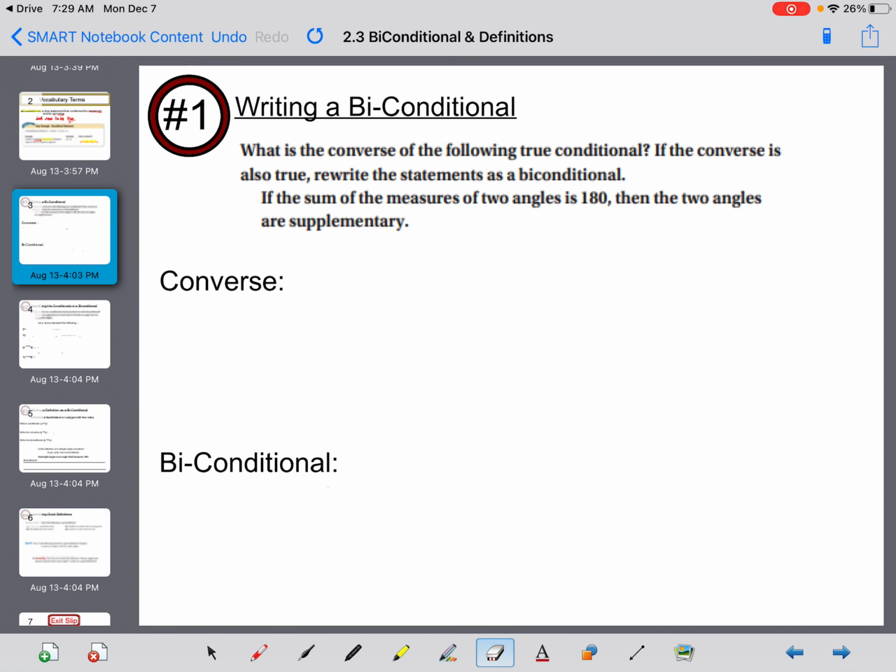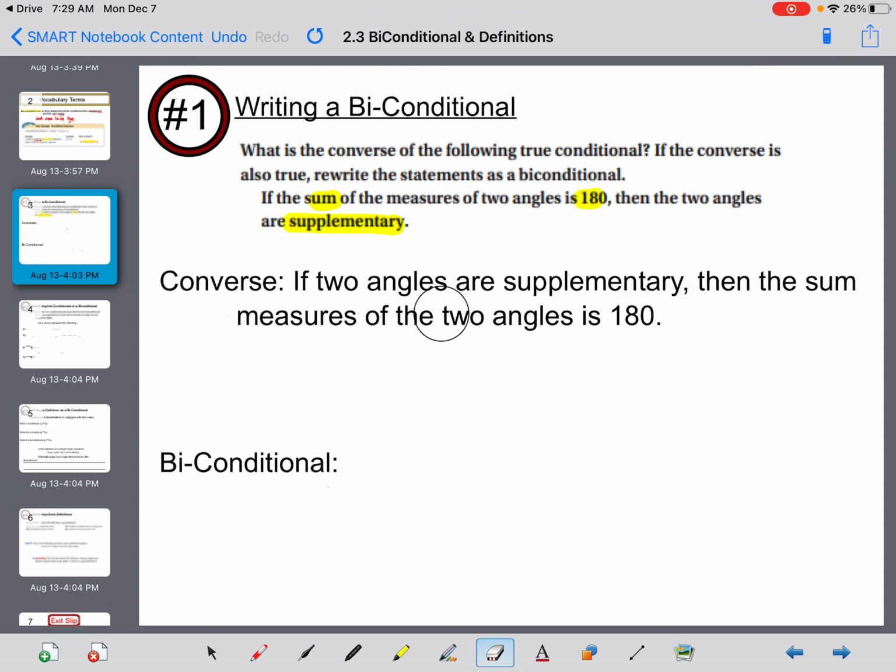So, writing a biconditional statement, what is the converse of the following true conditional? If the converse is also true, rewrite the statement as a biconditional. So here's the original definition. If the sum of the measures of two angles is 180, then the two angles are supplementary. Okay, if the sum is 180, the two angles are supplementary, that is true, okay? We need to figure out if the converse is true. So, if two angles are supplementary, then the sum of the measures of the two angles is 180 degrees. And we know that this is true,